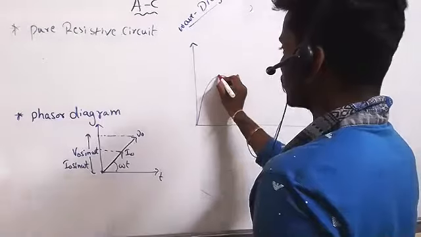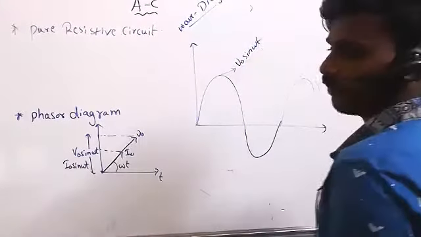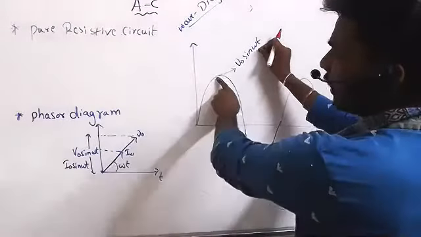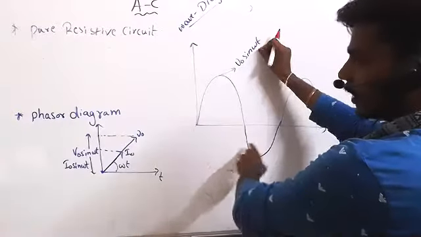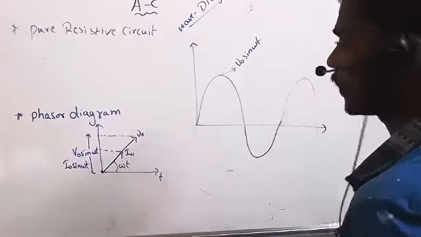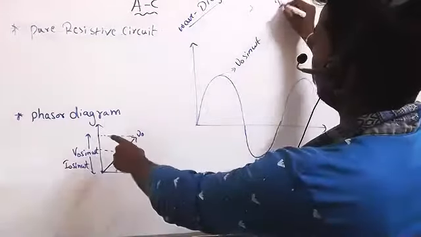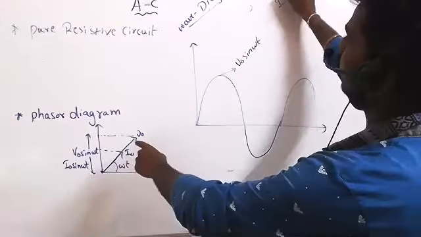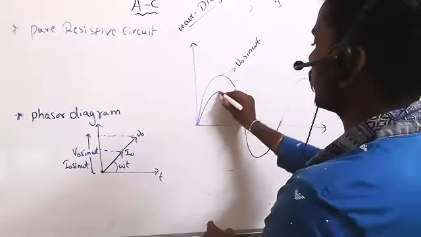Now, if I consider it as V naught sine omega t, because sine 0 is 0, sine 90 is 1, again sine 180, and so on, increasing by 90 each time, the sine wave will be in this direction. Now both are in the same direction. I equals I naught sine omega t, and V equals V naught sine omega t. I'm drawing.